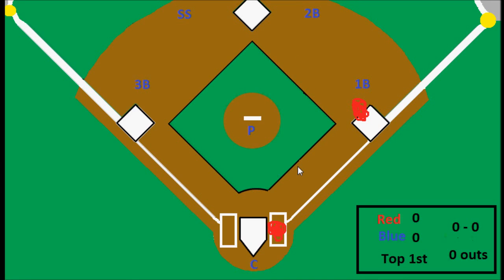And so usually what would happen in that situation is the second baseman, then he would attempt to throw the ball to the first baseman and also get the batter out. But let's say in this situation, the ball was hit too slow down to the third baseman, so they didn't get that opportunity. So what would happen is that because we have one out, we would have one out,